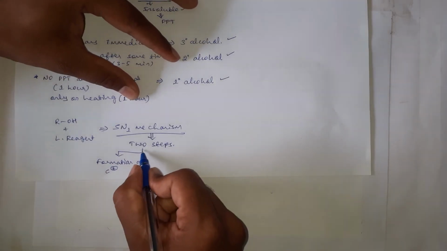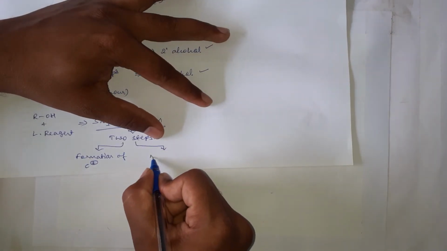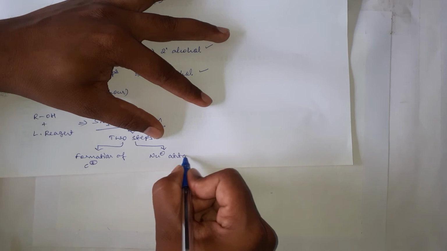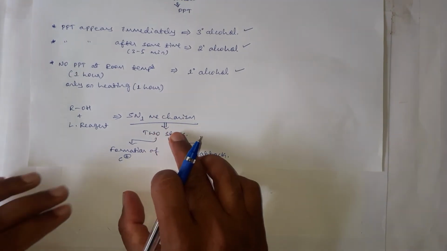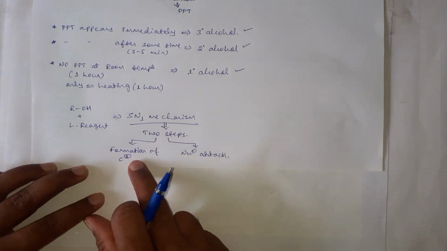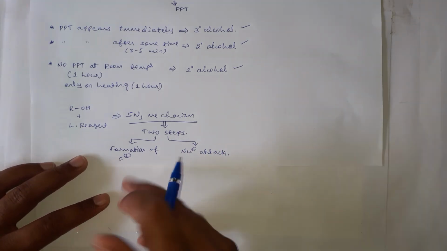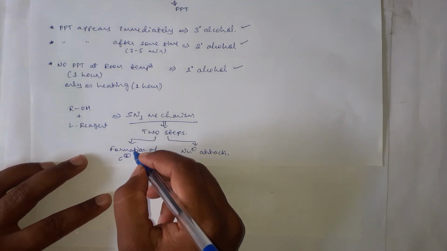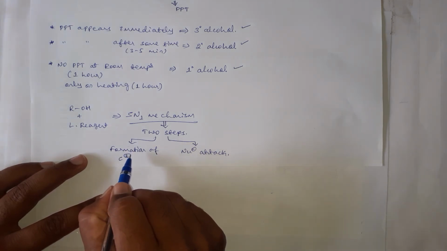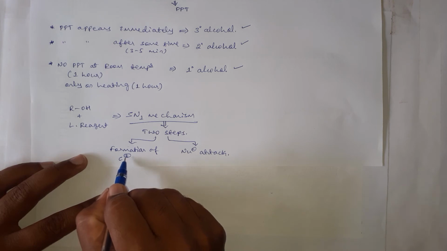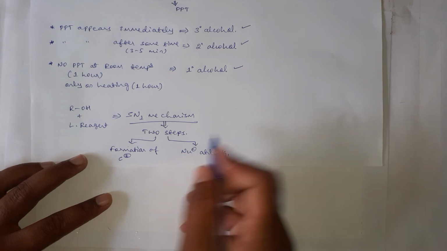carbocation, and the second one is nucleophilic attack. This SN1 mechanism involves two steps. First one is the formation of carbocation, and the second one is nucleophilic attack to this carbocation, and this first step is the slowest step, and it determines the rate of a reaction. And if the formed carbocation is stable, then the reaction can easily take place. Okay. Then now